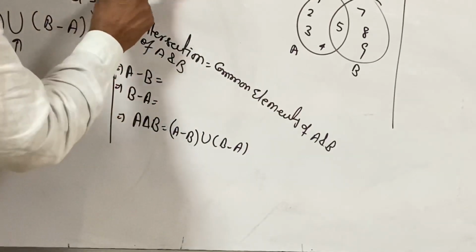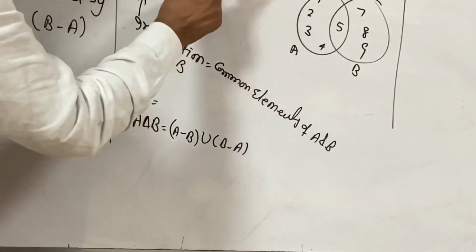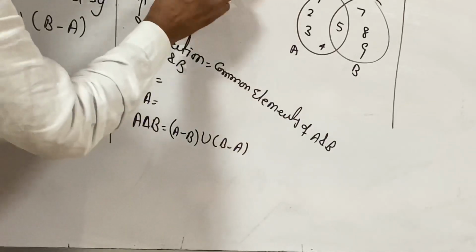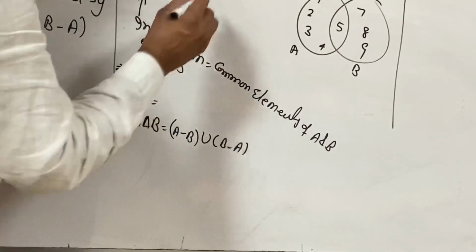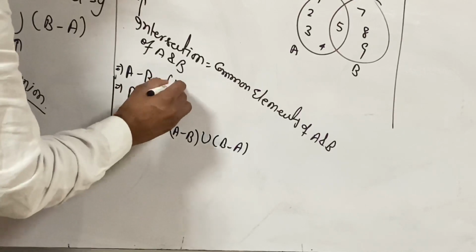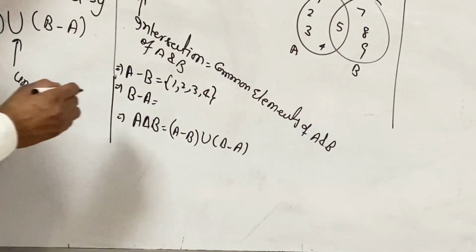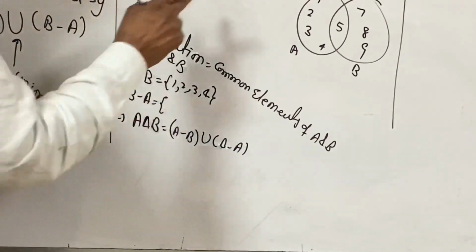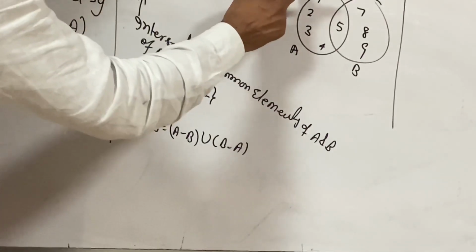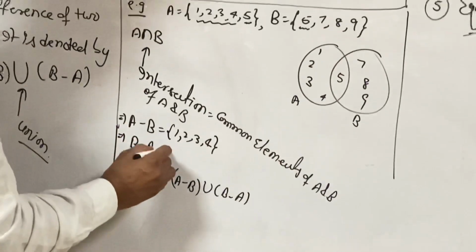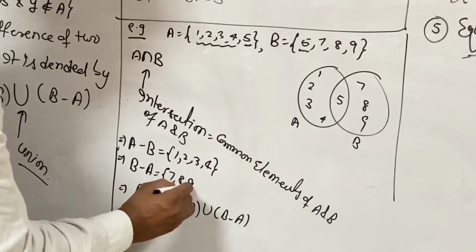आगे सेट कौन सा है? A. जो कॉमन है A का और B का वो निकाल दिया जाए. बचे हुए एलिमेंट जो भी हो गए A के वो A माइनस B के अंदर आ जाएंगे. 1, 2, 3 एंड देन 4. सिमिलरली B के अंदर जो A और B के कॉमन एलिमेंट है उनको छोड़ के बचे हुए B के 7, 8 एंड 9. 7, 8 और 9.